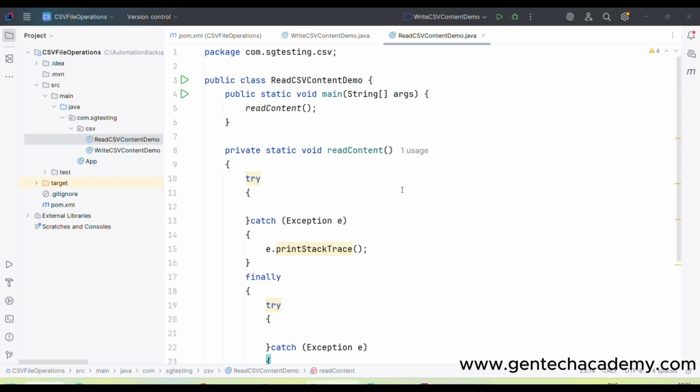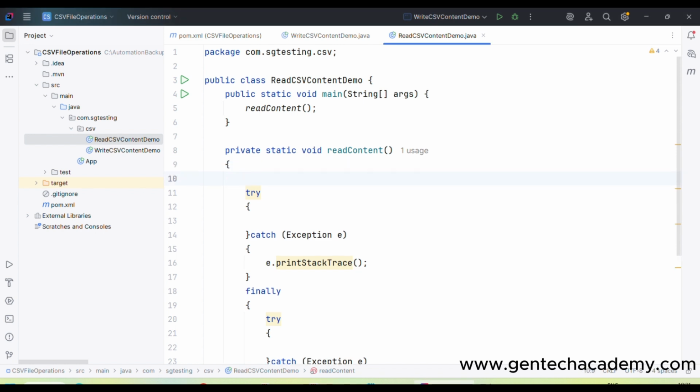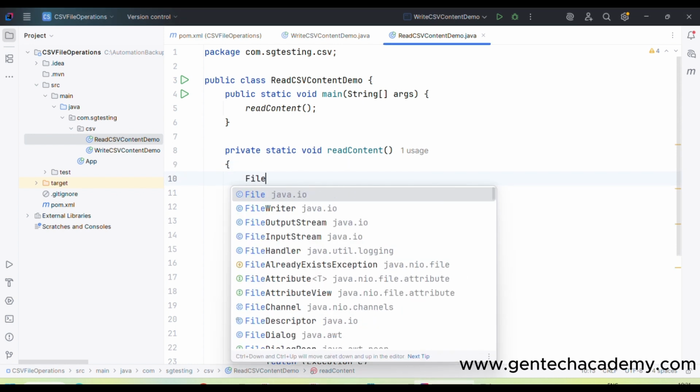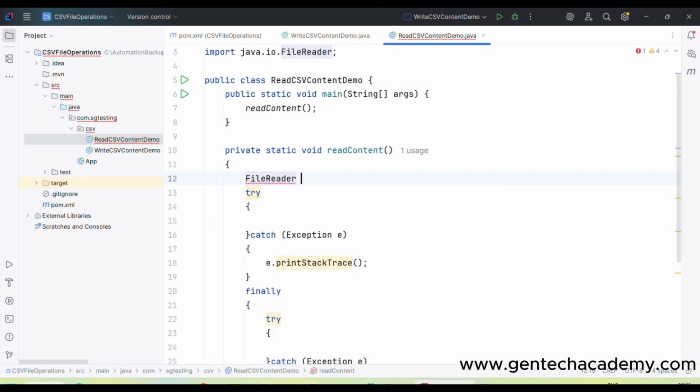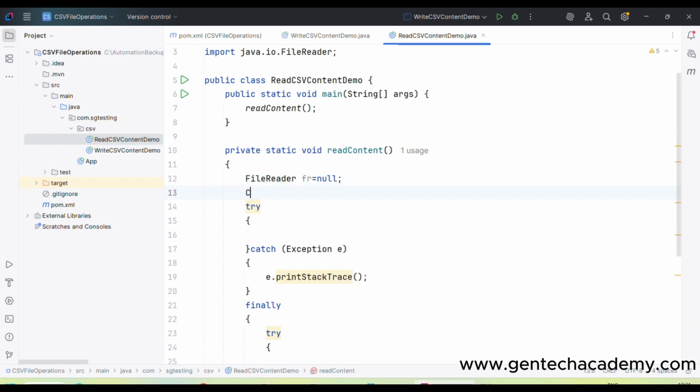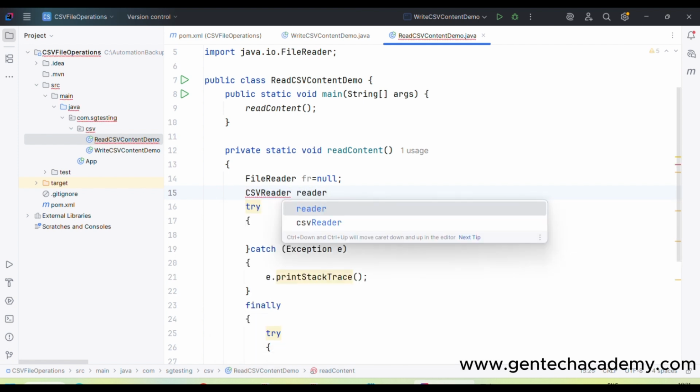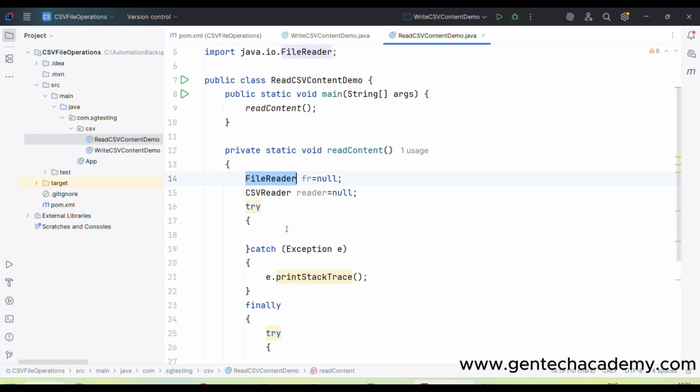Now we should create an object for file reader and CSV reader. The file reader is a character stream. FileReader fr is equal to null. By default, a reference variable contains null value. CSVReader reader is equal to null. So now we need to allocate the memory for fr. fr is equal to new FileReader of